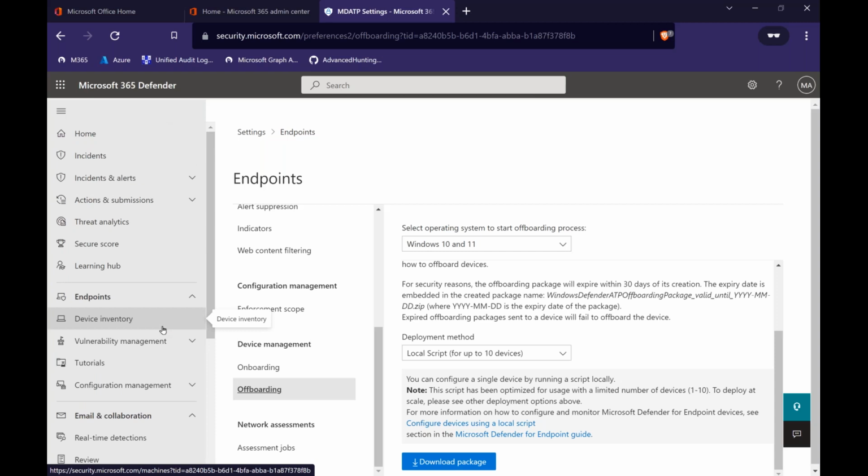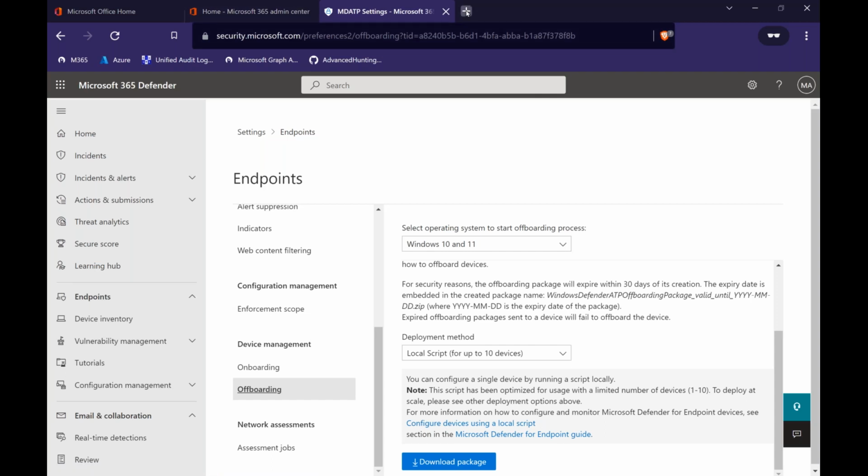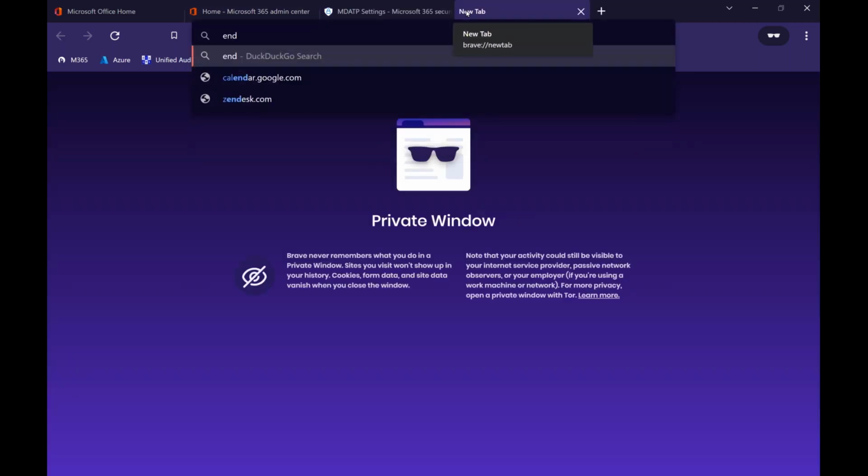So, right, you need to onboard devices and offboard devices. You don't necessarily need Intune or Endpoint Manager to achieve that, but life is a lot easier when you do that. So then if we look at